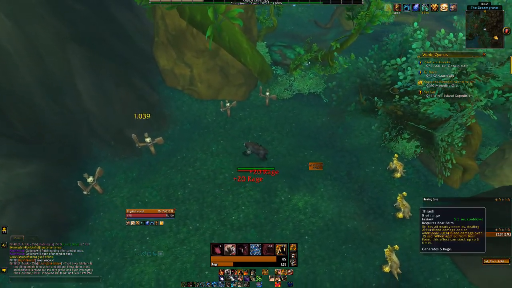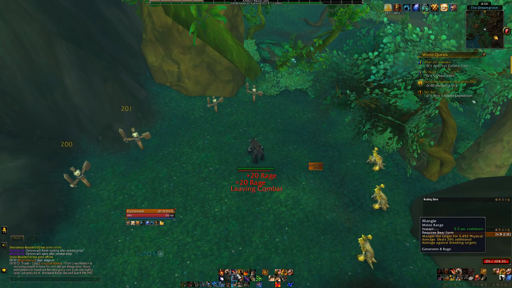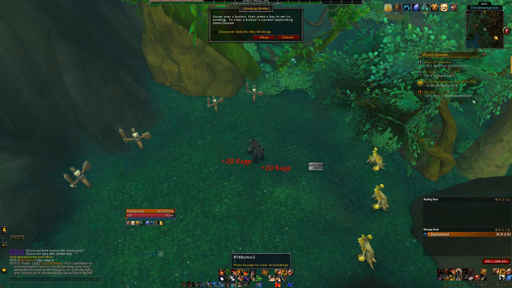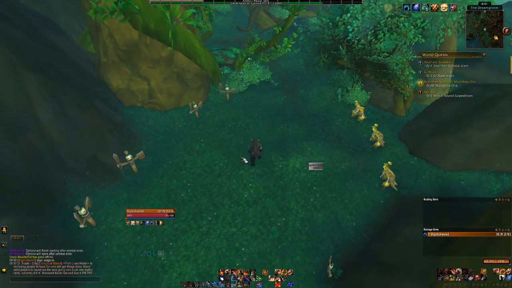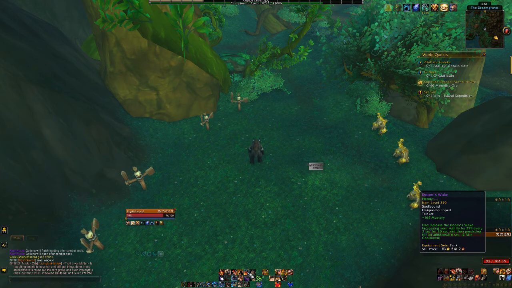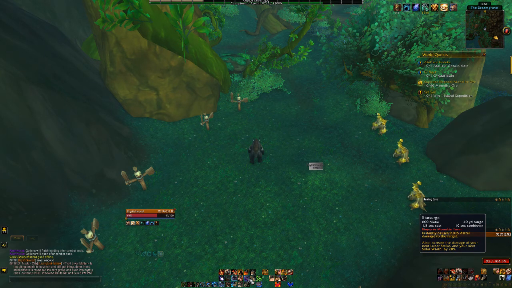So that's that. Another thing that I like about Bartender, I'm kind of jumping all over the place here, is that it's really easy to keybind things, because when you open up the menu, you can actually hit keybinds here and just hover over the thing that you want to bind and make that key binding. So for me, I use 1 through 4, and then Shift 1 through 4, Control 1 through 4, Control Shift 1, 2, 3, and then I've keybound my mouse buttons. I've got 3 thumb buttons on my mouse, and I've keybound those,